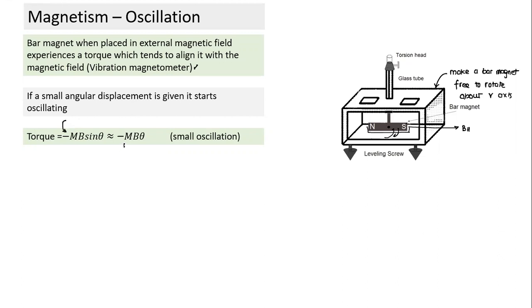And this indicates that since the torque is a restoring torque and is proportional to theta, it will give rise to angular oscillation, angular simple harmonic motion, similar to linear harmonic motion. What is the condition for linear harmonic motion? If we displace from the equilibrium position, there has to be a restoring force, and the restoring force must be proportional to displacement. That's the condition we use.